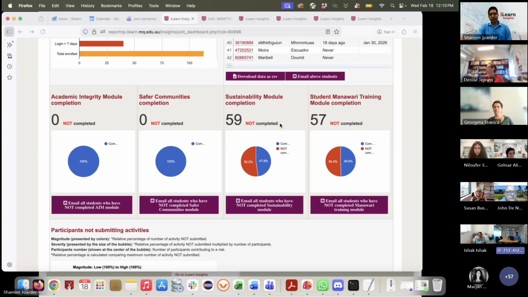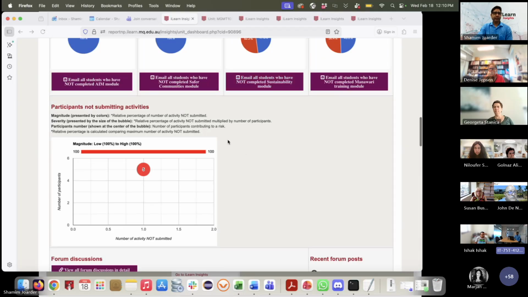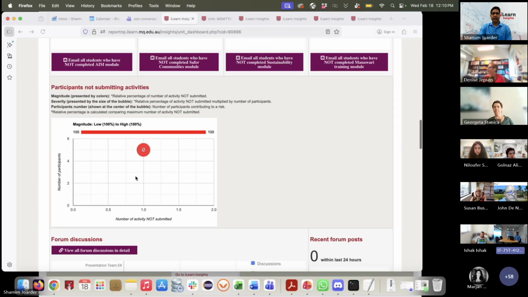So 59 not completed. If you want to send these 59 students an email, click over here and send email. Again, I'm coming back to the emails later. Now, participants not submitting activities. This is a good one, which basically shows how many students have not submitted